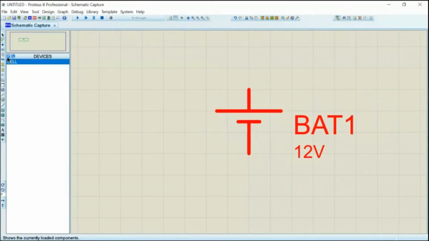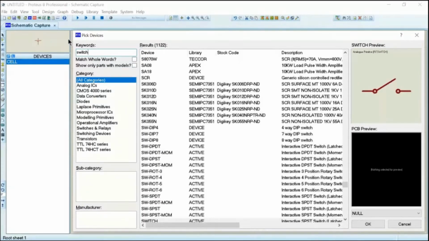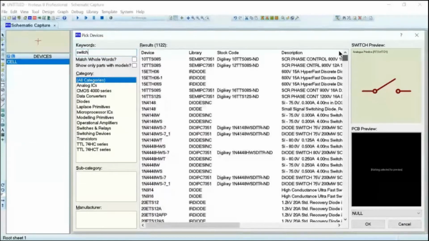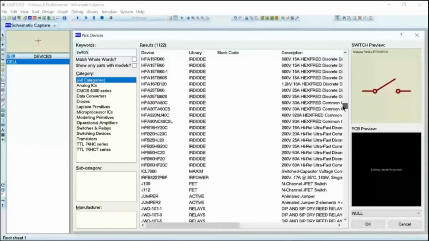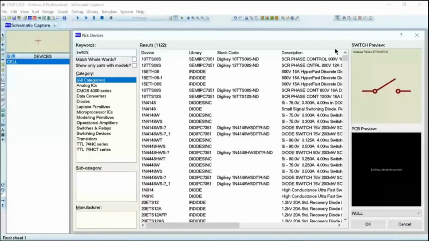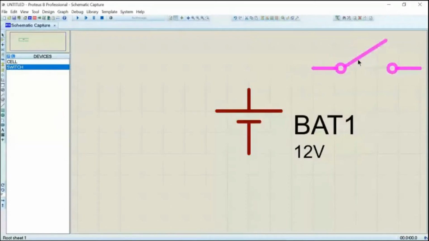Then I wanted a simple switch. So the moment I type the switch, Proteus automatically offers the appropriate switch that is most suited for you. Simply select that and then position it.